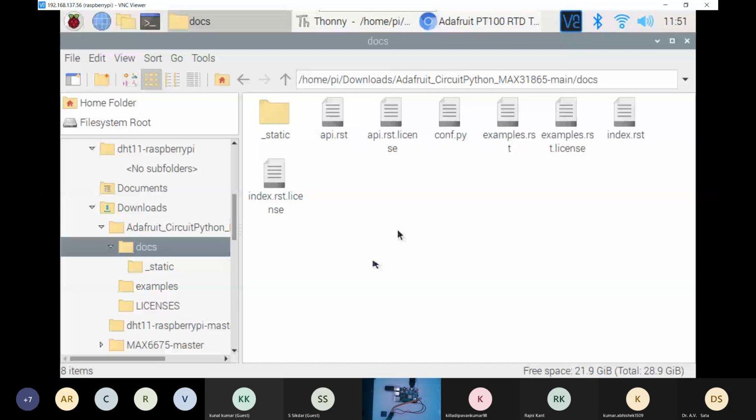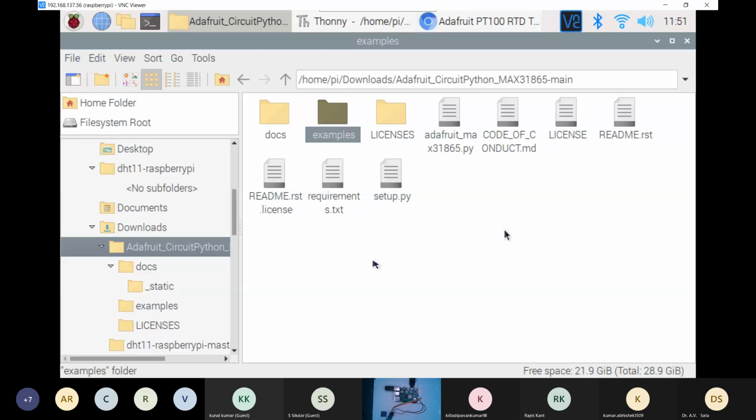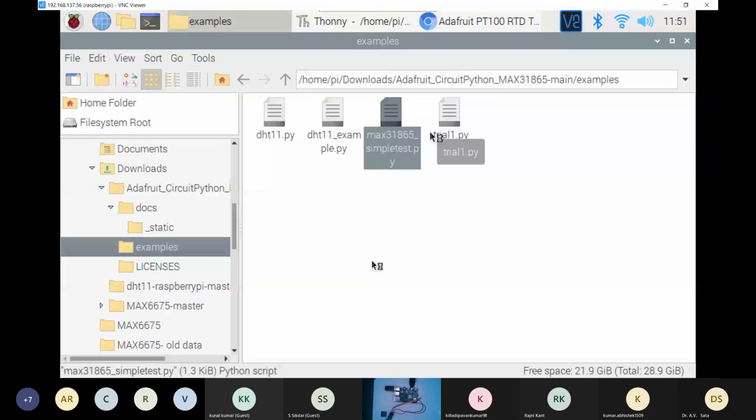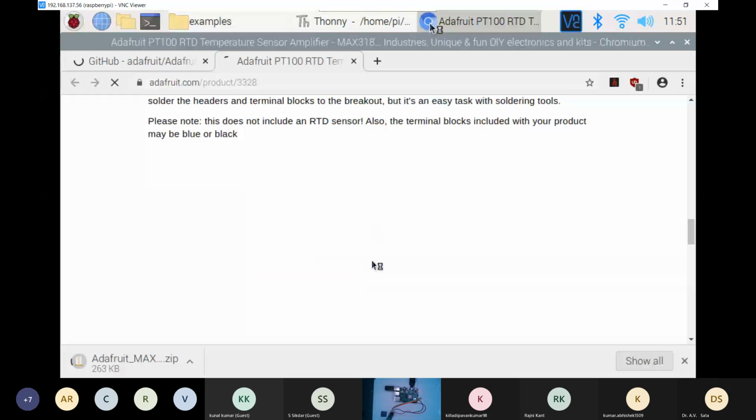So we'll be using this simple test.py. Basically, they have defined all those parameters.